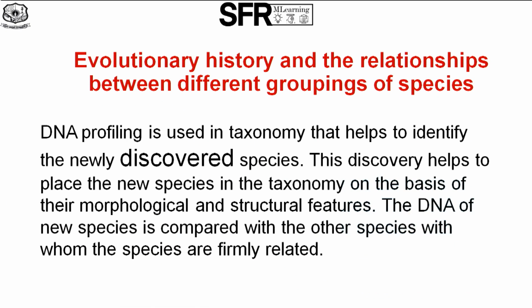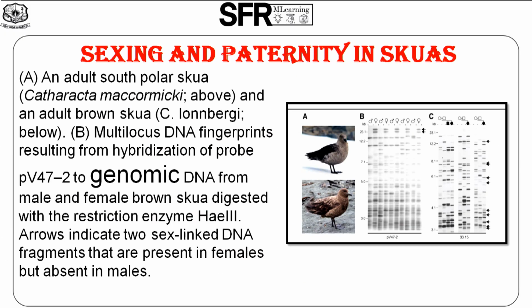Then, for studying the evolutionary relationship among two groups of species, the structural and morphological changes of two individuals can be compared, and we can discover how a taxonomically new strain is evolving and forming, and relate it to the earlier one. For example, I have shown here two types of skua. These are birds of the oceanic environment, the polar skua and the brown skua, which are available in the polar region. They have seen that by comparing the gene profile,